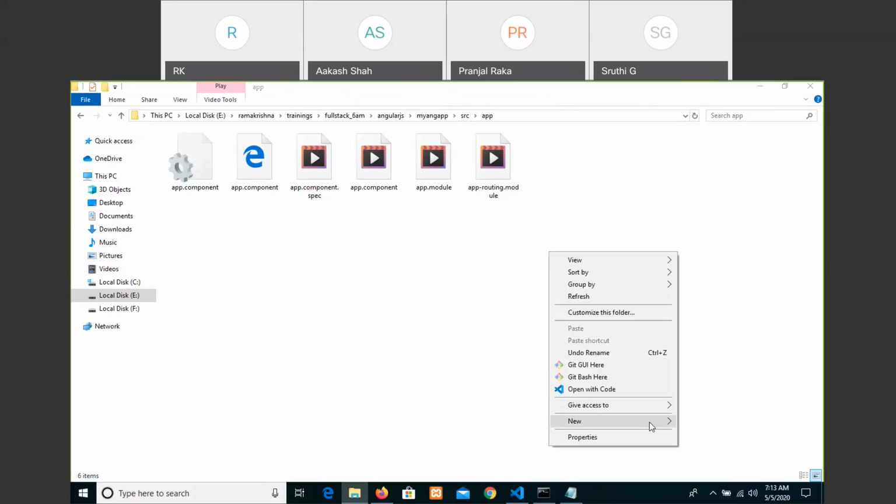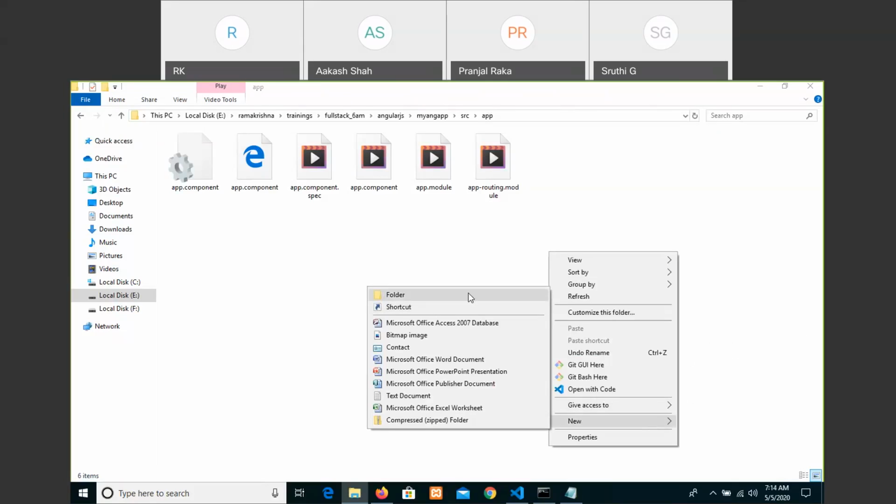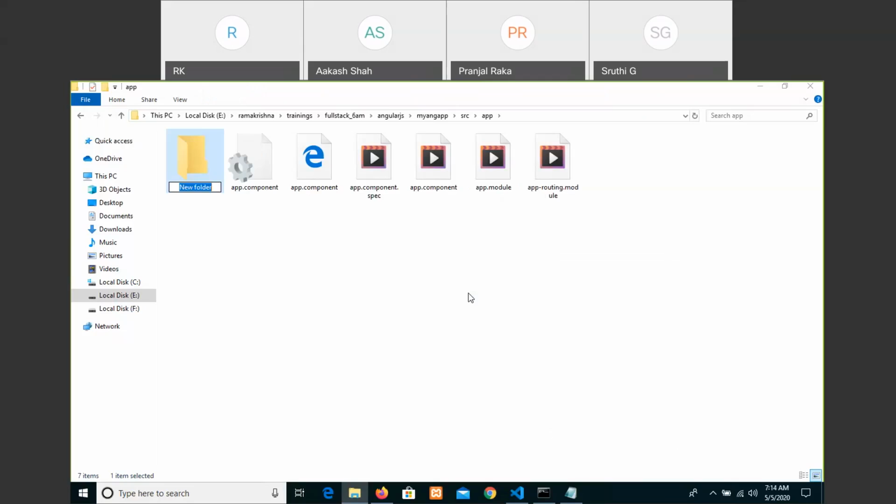I'm just going to create folders. Why are we going to create two folders? Instead of creating all the components here itself, we just want to segregate them. I'm saying something like app config.